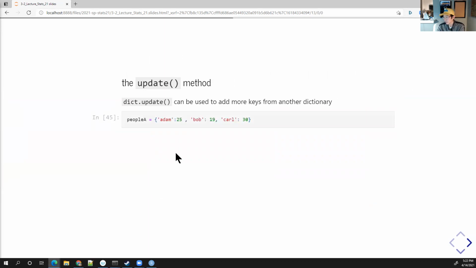The update method can be used to add more keys from another dictionary. So here, my first dictionary will be Adam, Bob, and Carl again. And then I've got another dictionary with Dave, Earl, and Fred, okay? D, E, F. And so what you can do is if you want to combine the dictionaries together,